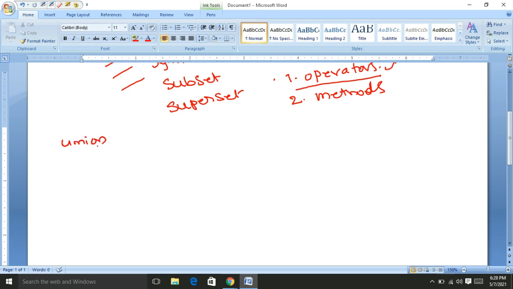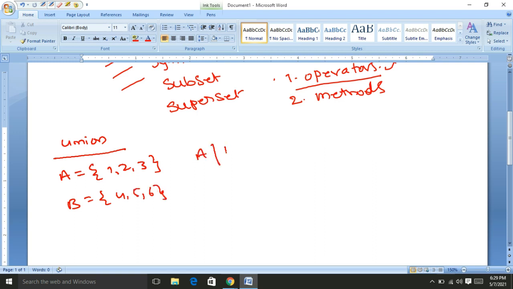We know that union means we are combining two sets. Let us consider set A is 1, 2, 3 and set B is 4, 5, 6. The union of A and B is represented like that. Otherwise, we write A dot union of B. It is also possible to union more sets.